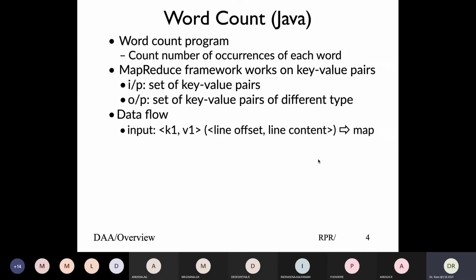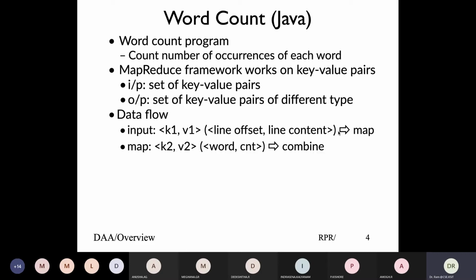The word count program may not use this key, and you'll see, even though you will be passing it as a parameter, you would really not be using it at all. But in other cases, it will be key value we'll look at. So the input is a key value, the key is a line offset or line number, and the line content becomes the entire value.